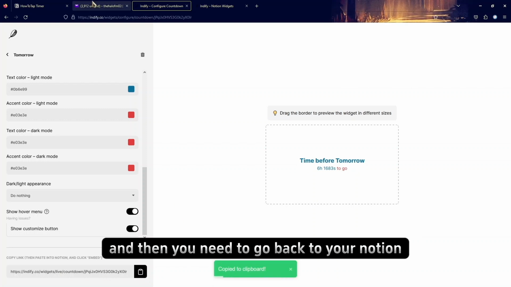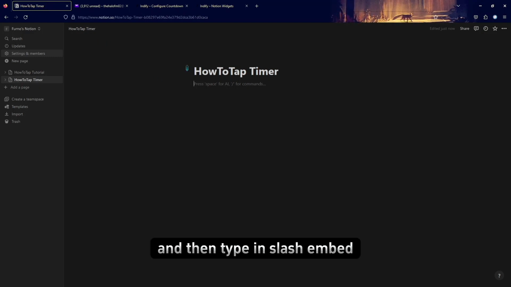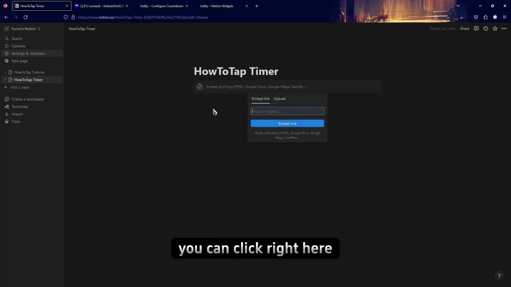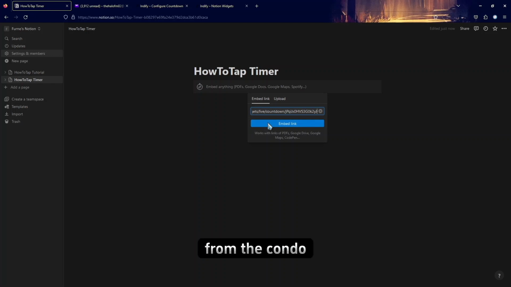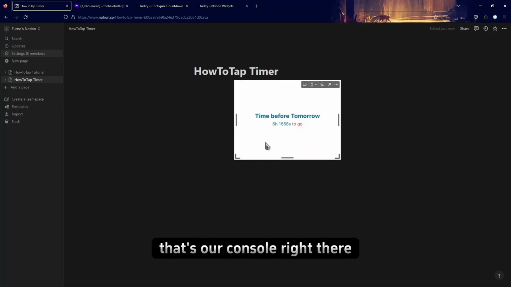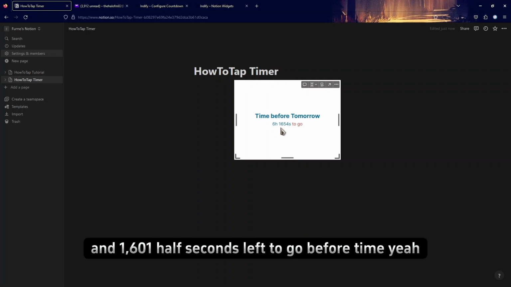And then you need to go back to your Notion and then type in /embed. And you can click right here and then paste the link that you just copied from the calendar. And press embed link. And there we go. That's our counter right there. So now you can see there are 6 hours and 1,600.5 seconds left to go before